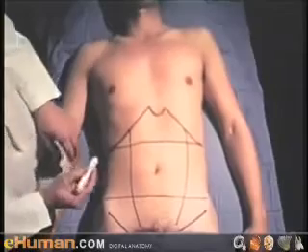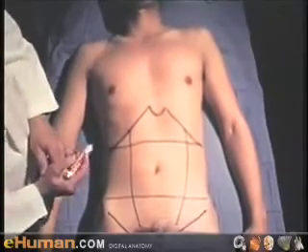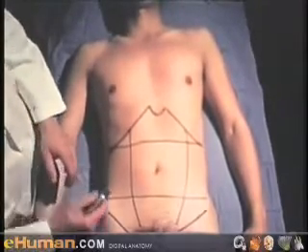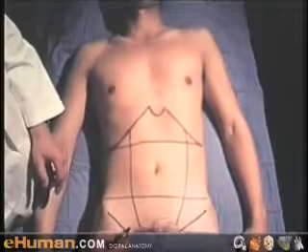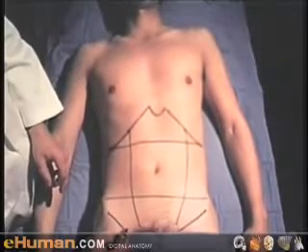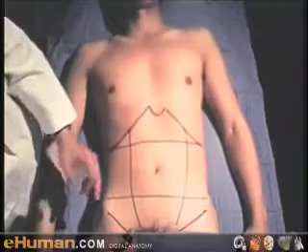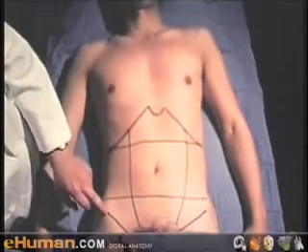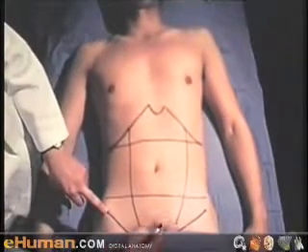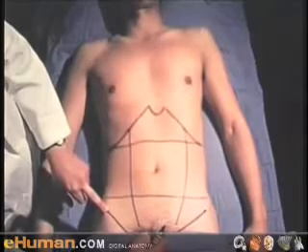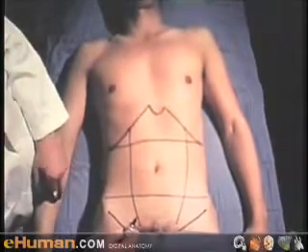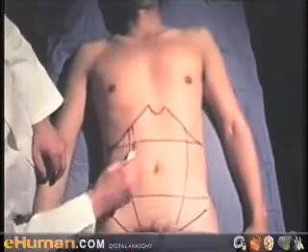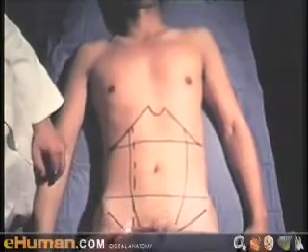I think we should put in the right and left vertical planes. These planes arise vertically from the midpoint of the inguinal region. Now, when we say the midpoint of the inguinal region, we are referring to the midpoint between the anterior superior iliac spine and the midline. If we take the midpoint there and put a vertical line in, I'll interrupt it so as not to confuse it with the linea semilunaris,